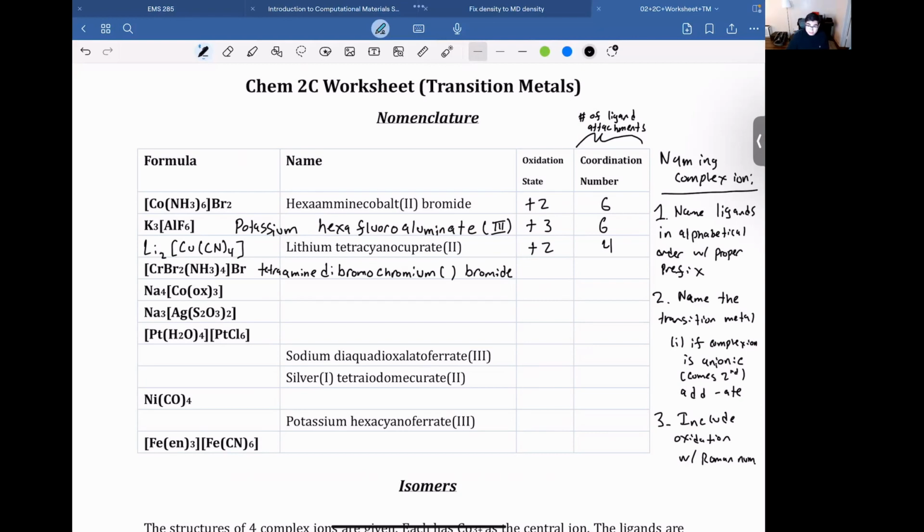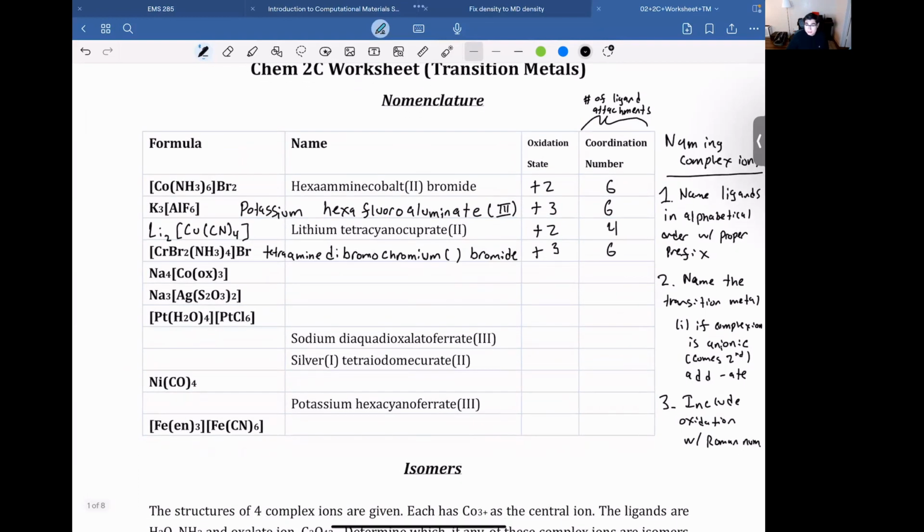Looking at the oxidation state for this one, you do a little bit of math, you get a +3. So just as we did before, bromine is a -1, there's 3, amines are neutral, this has to be a +3. The coordination number here is 6. There are 6 monodentates attached, each giving 1 attachment or 1 bond. All right, going on,